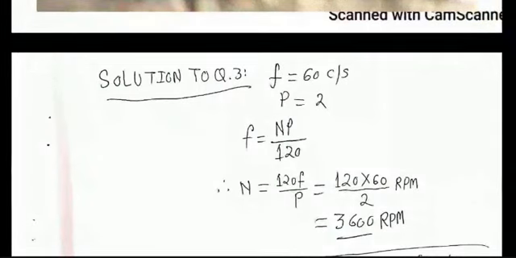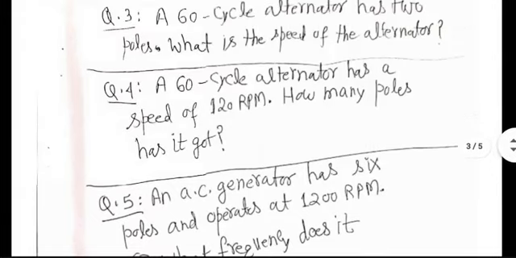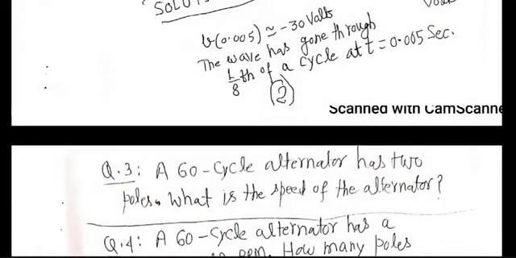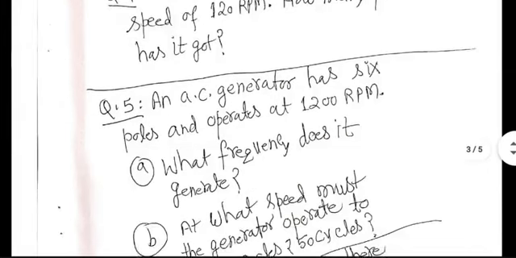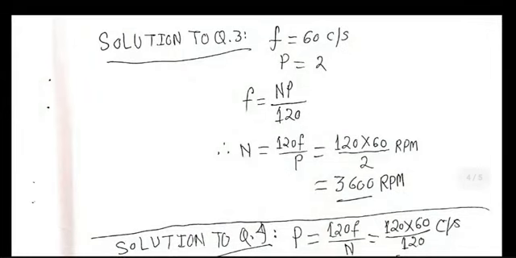This equation has a lot of practical implications. A smaller number of poles will demand higher RPM for the same frequency. That means you will have to have a different kind of turbine. All the calculations are not difficult. It is the implications which are worth consideration in terms of implementation. So question 3 is a very simple answer. For producing 60 cycle frequency from an alternator with 2 poles, you have to rotate the rotor at 3600 RPM.